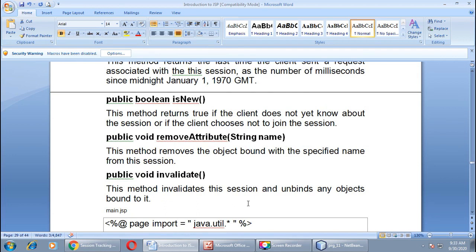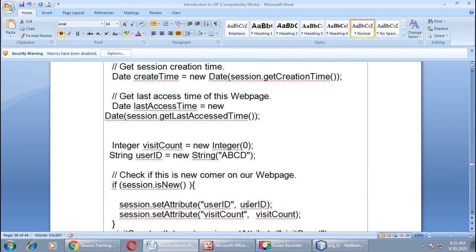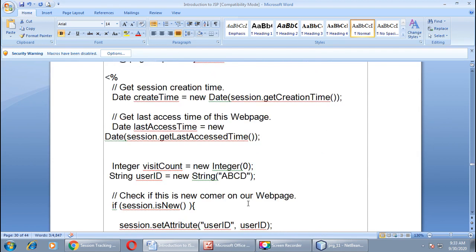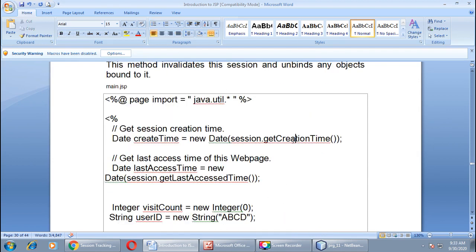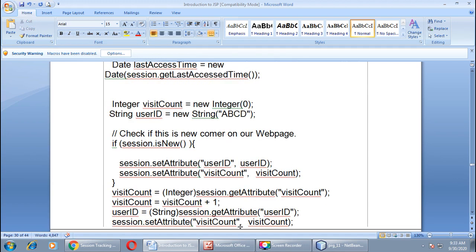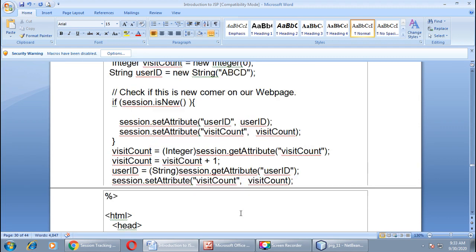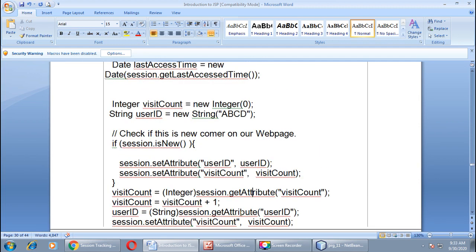Some of these methods we have used in our example number 11. Which methods have we used? getCreationTime, then getLastAccessedTime, the setAttribute method, and the getAttribute method. These are the methods we have used in our example.